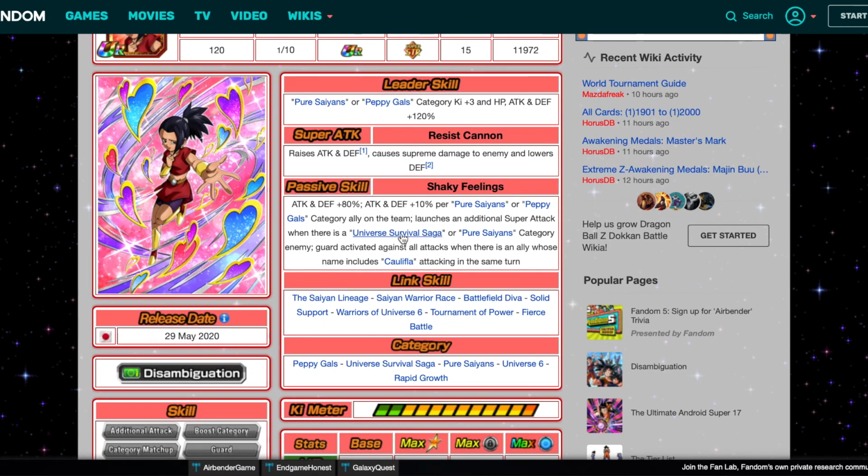But Kale here, attack and defense plus 80%, same as Khalifa. Attack and defense plus 10% per Pure Saiyans or Pepe Gal category allies on the team, which is insane. Launches an additional super attack when there is a Universal Survival Saga or Pure Saiyans category enemy. So let's say again, you're fighting MUI Goku, right? She will do 2 more super attacks because MUI Goku is on both Universal Survival Saga and Pure Saiyans. And then it says, guard activated against all attacks when there's an ally whose name includes Khalifa. So as long as you're running her with Tech Khalifa, not only is she stacking so many times,